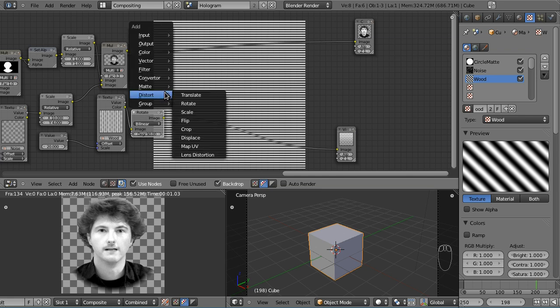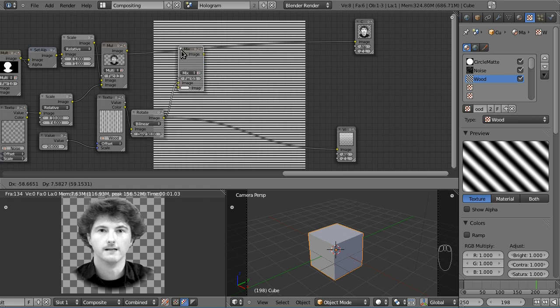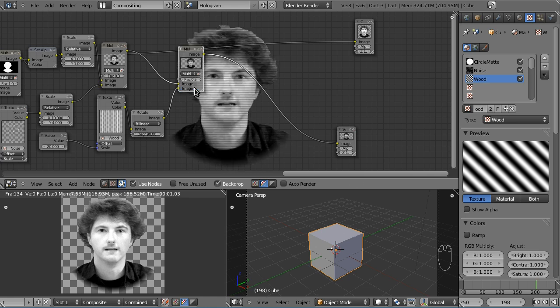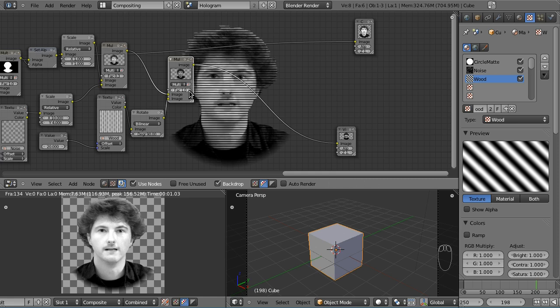And now things become very easy, because we just once again need to multiply it over our original image. So once again, image on the top, the other thing onto the bottom, and let's multiply it. Set it to multiply, and now we need to find a good value, and I say let's increase the fact value a little so the effect becomes stronger. So maybe 1 might be a little strong, or well, we'll see once we are changing the colors. Because of course our hologram is blue,